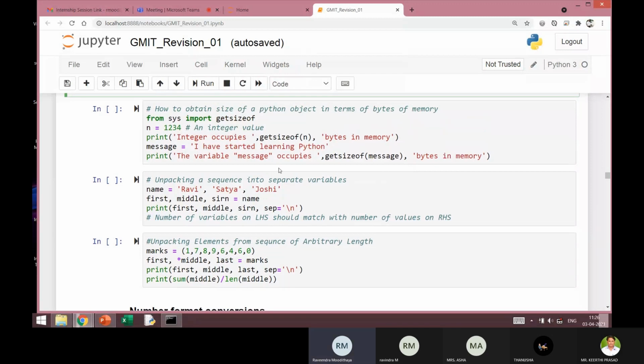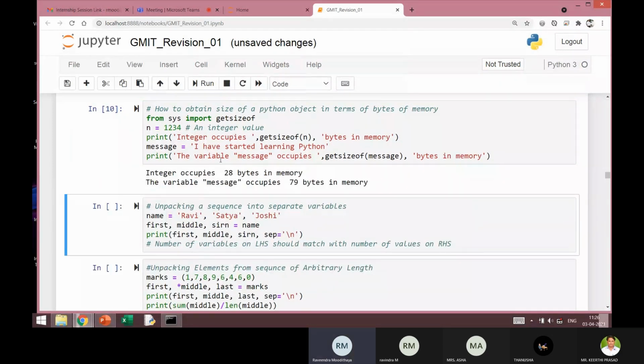Now, another way in which you can get the number of bytes of any variable. I think we have executed this earlier, anyway, I'll just repeat that. This is used to get the number of bytes occupied by different objects. I'll not use the word variable, I'll use the word object.